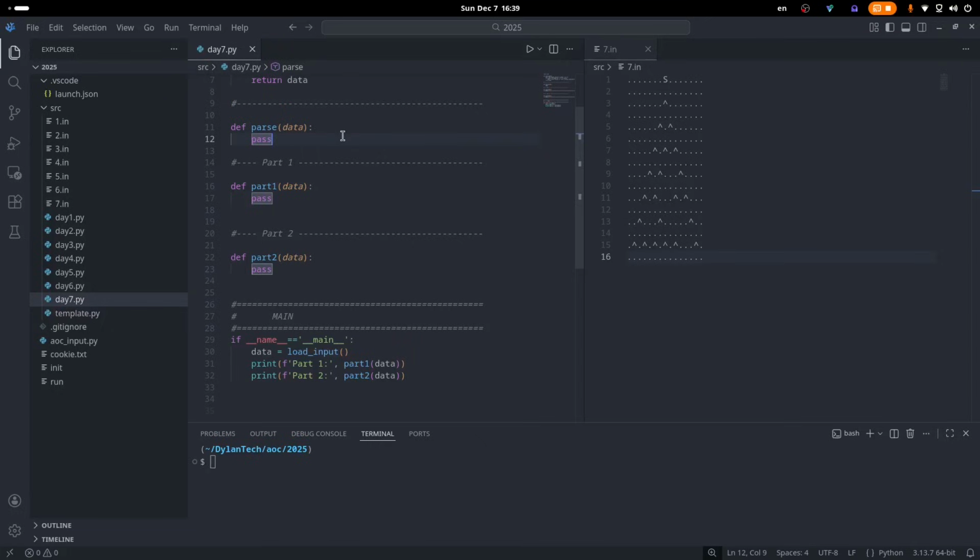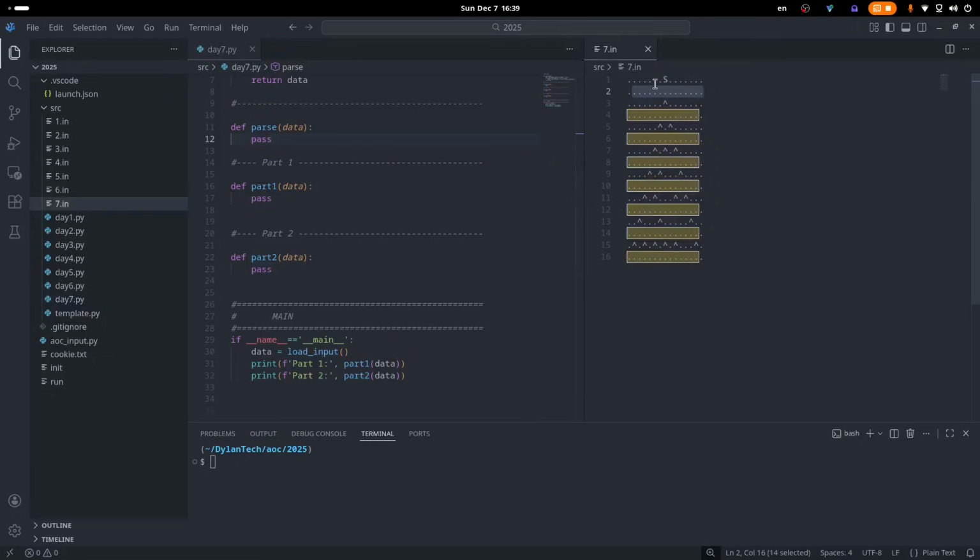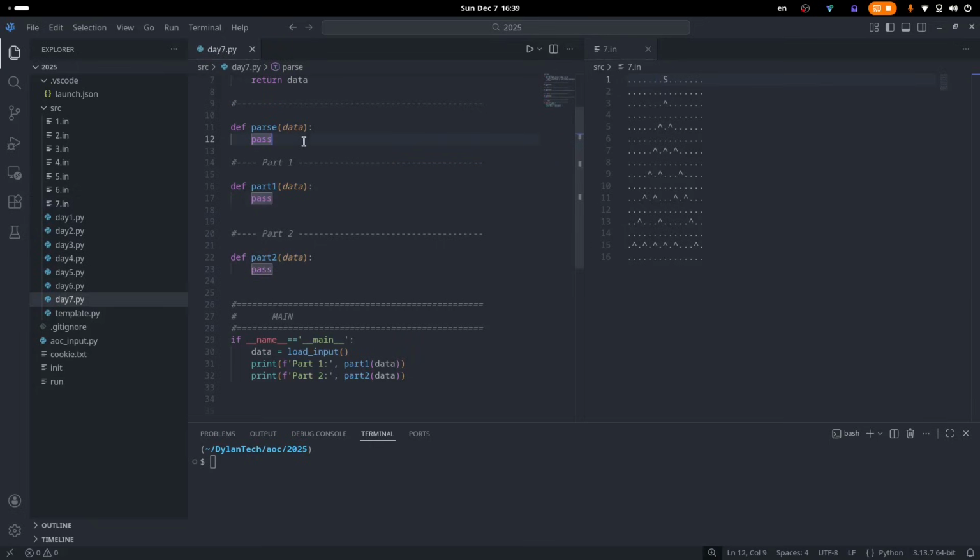So taking a look at the code here, we'll start in our parse function. If we take a look at our data here, each line is a string. But we want to convert each line to a list, where each item in the list is just a character from the string. That way we'll be able to edit the data as we go. So we'll say data is equal to a list of lists, and for the second list, we'll say L for L in line,